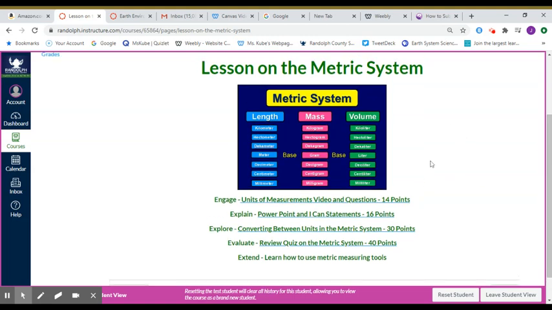say we are on this day for the lesson on the metric system. So the first thing you want to do is come to this unit measurements video and questions. Okay, before we move on with that, let's look at these points since we're here. Canvas grades on points. All right, and they only have two types of assessments. They have